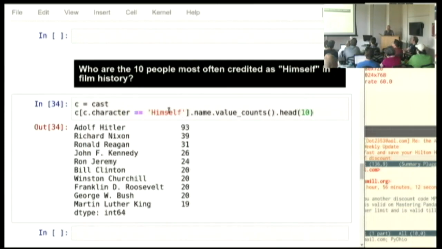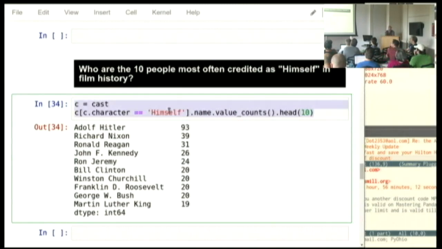No. He's not just the most popular, he is by far the most popular, like 3 times the number of appearances of his nearest, because, of course, every Indiana Jones movie set in World War II, every movie that has, they have to credit, if they show a piece of archival footage on a TV in the background or a movie reel that a character's watching, they have to credit the president or the figure, and he's a popular one.